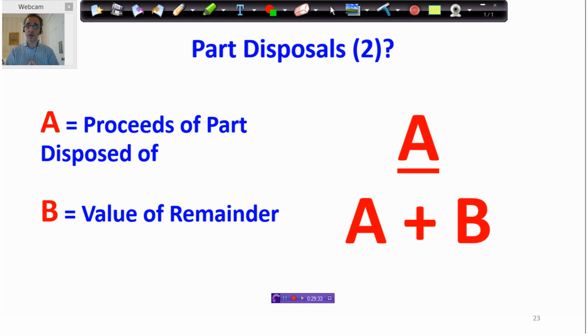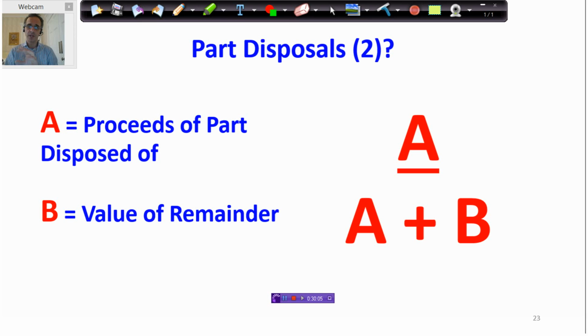So how would we work out the cost? Well, we need to come up with a gain. We have the proceeds, so there's our top line. Now the cost element must be the original full cost multiplied by our formula. So whatever it was, 100,000 euros multiplied by A over A plus B. Again, these values are given in the question. We simply take our original cost and multiply it by A over A plus B